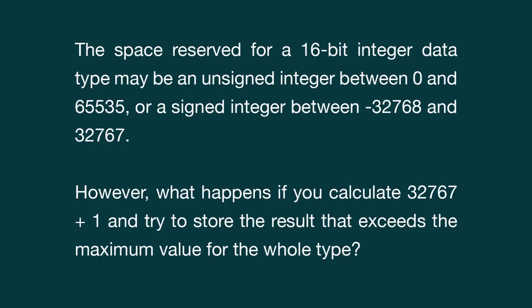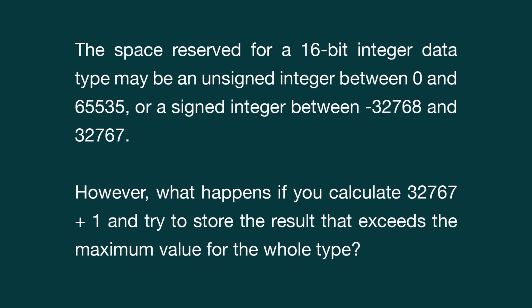For example, the space reserved for a 16-bit integer data type may be an unsigned integer between 0 and 65,535 or a signed integer between -32,768 and 32,767. However, what happens if you calculate